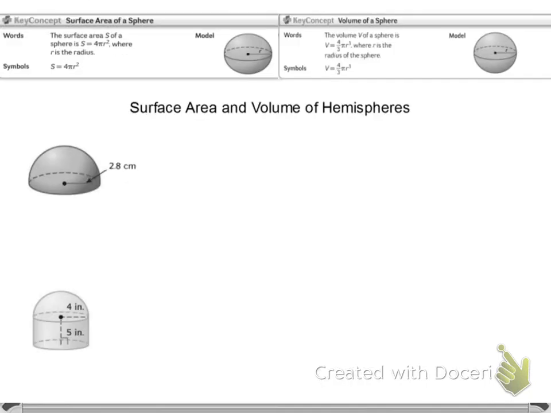Okay, so let's just talk real quickly about hemispheres. So this is if your sphere has been cut in half. You're going to see two different scenarios here. The first scenario is you have just this hemisphere. And if you think about the surface area of an entire sphere, it's 4 pi r squared. Well, if we were to cut that in half,